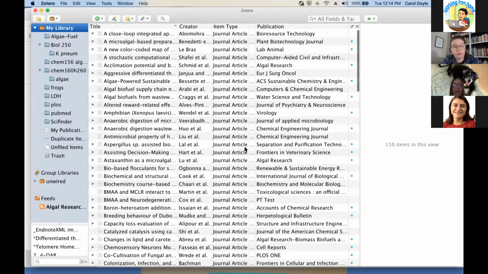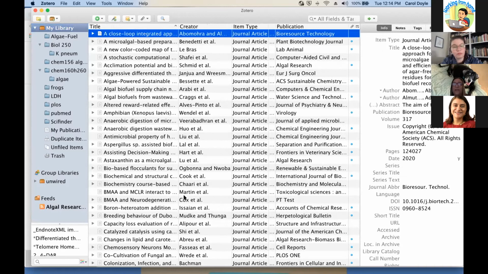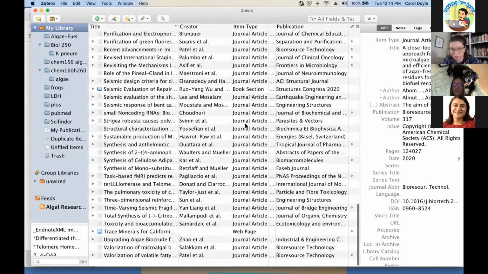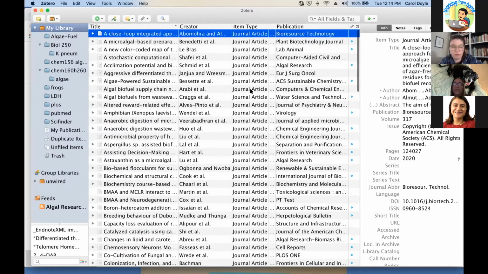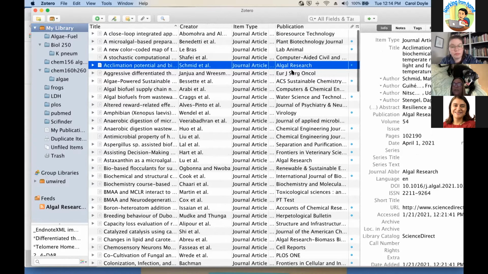Going back to my library, notice here that things are organized. They give you the title, a creator, which is author in this case for most of the articles, the item type, journal articles. I have a web page. I have a book section, so it tells you what it is you're looking at. The publication, so it's the title of the journal. Okay. What I like to do